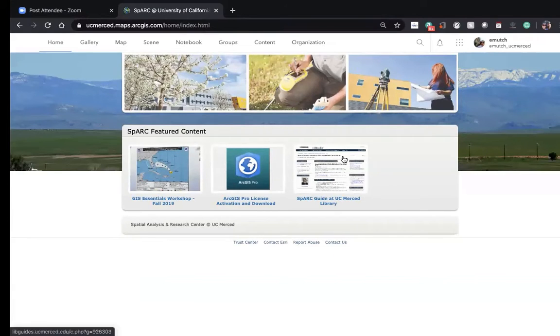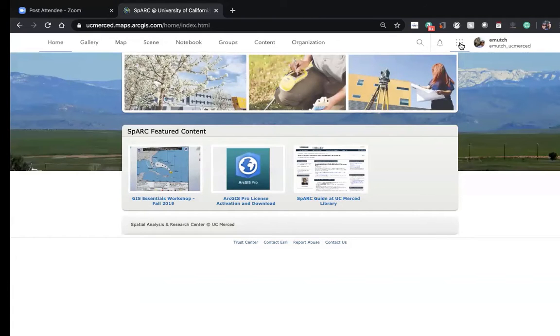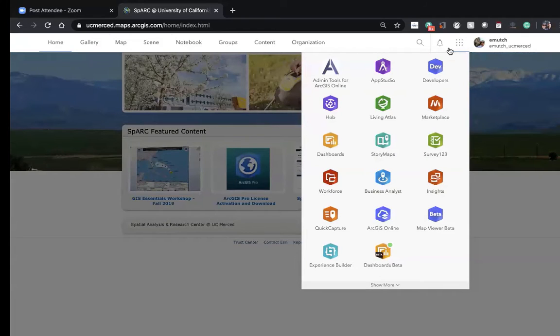Now, when you log in, and you might not see everything that I see because again, I have more tools, if you go to this, I use the Brady Bunch term before it got popular with Zoom, but you get the 9 dots here of the different applications that are available. One of the popular ones is story maps. I'm doing a story map workshop on Friday, which will go into how to build story maps. And if I click on story maps,